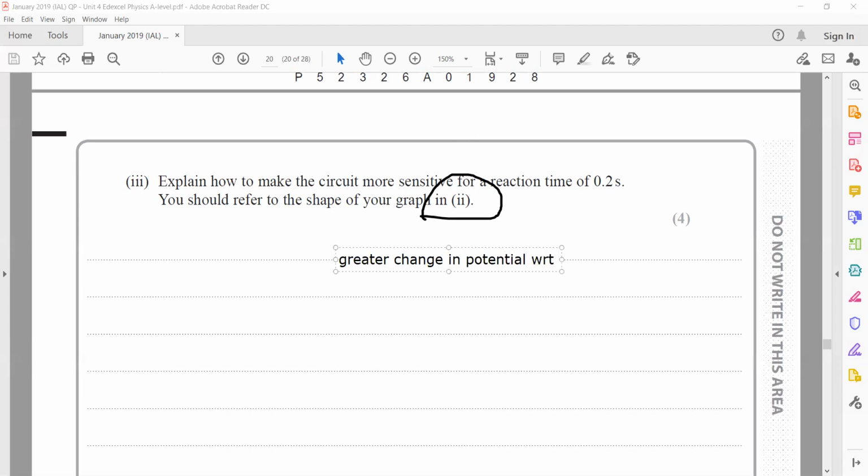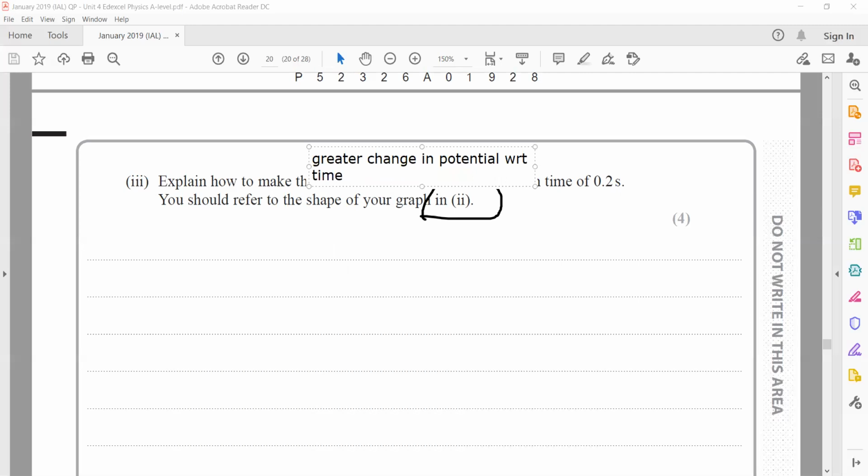With respect to time, we need the time constant. The time constant is the time taken for the capacitor to discharge by 37%. The reaction time and the time constant should be approximately the same, because if the time constant is too